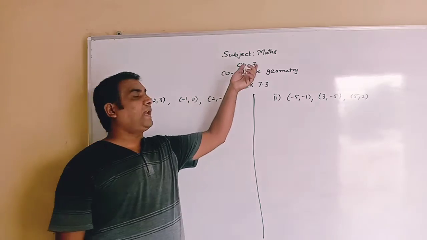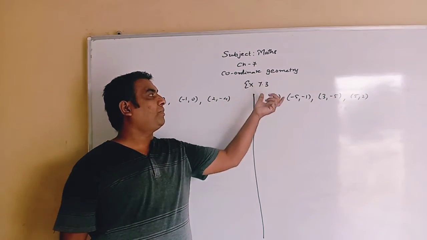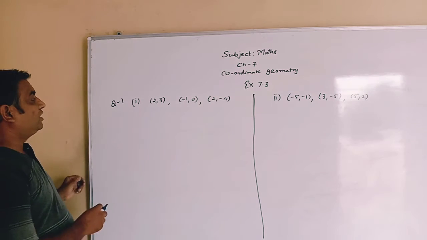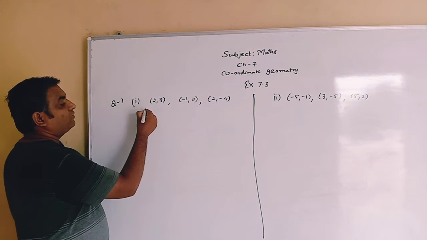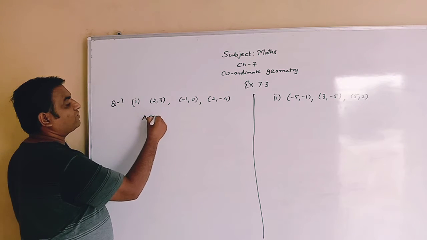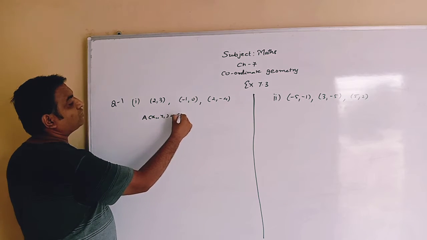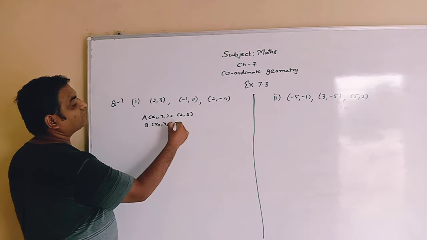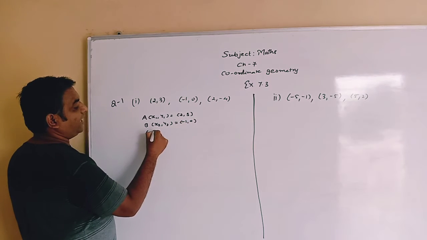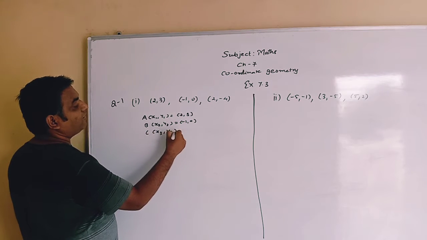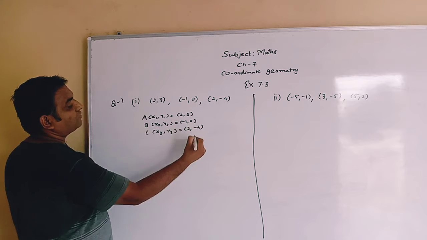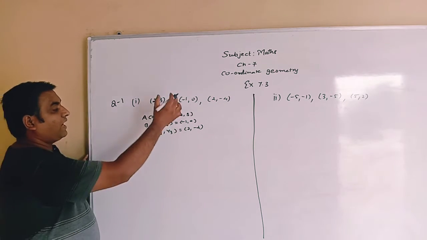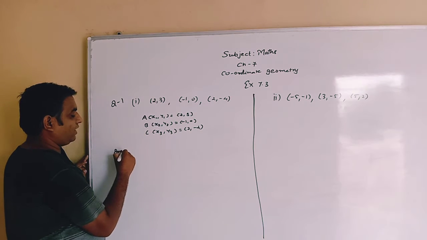Hello friends, in Maths chapter 7, Coordinate Geometry, we will see the solution of exercise 7.3. So question 1: three points are given, A (x1, y1) equals (2, 3), B (x2, y2) equals (-1, 0), and C (x3, y3) equals (2, -4). We have to find the area of the triangle. So the area of triangle formula we have